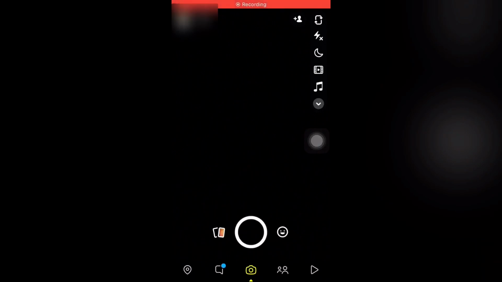Ever want to send a normal snap after an hour or even later from your camera roll? I'll be showing you two amazing ways in which you can send a snap even after a day as a normal snap. For sure, this will blow your mind, especially for the ones who operate Snapchat frequently. So without further ado, let's get started.